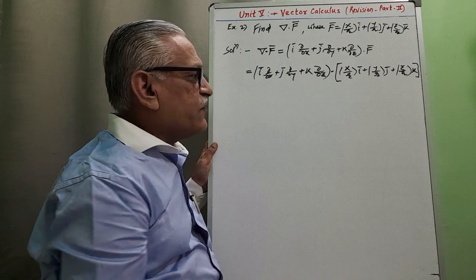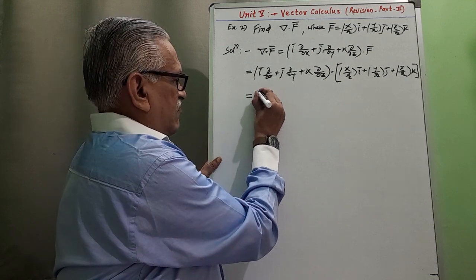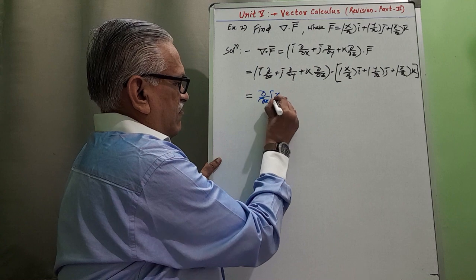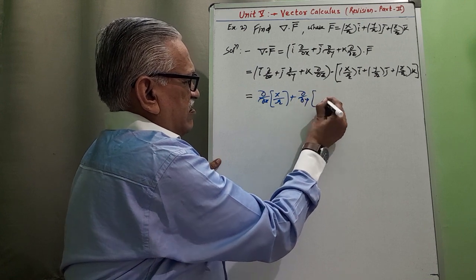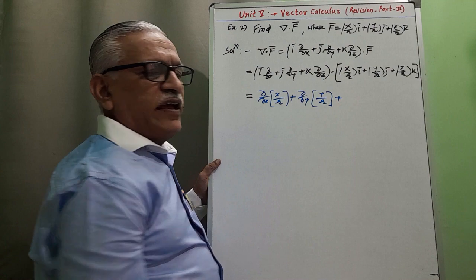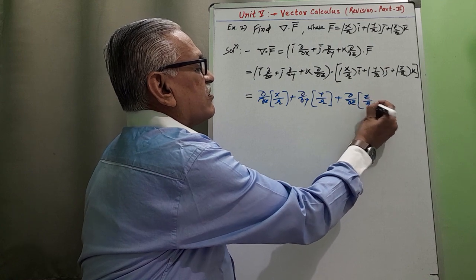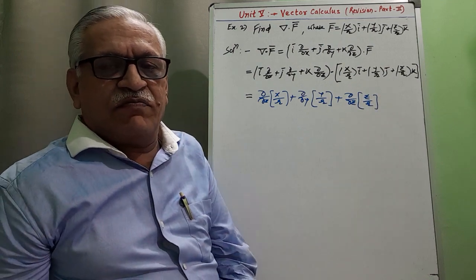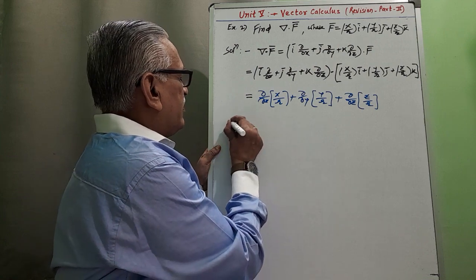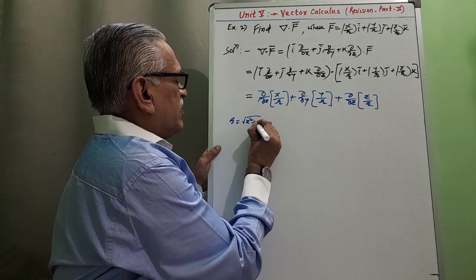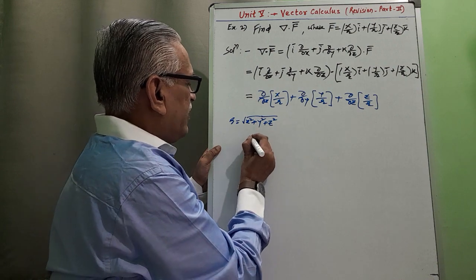A dot product of two vectors, as per definition, is a1 b1 plus a2 b2 plus a3 b3, and therefore performing that dot product, a2 b2, that is ∂/∂y of y by r, and a3 b3, it is ∂/∂z of z by r, where r is the magnitude or mode of that r bar, and therefore it is a function of x, y, z, where r is root of x square plus y square plus z square, and therefore that del dot f bar is equal to